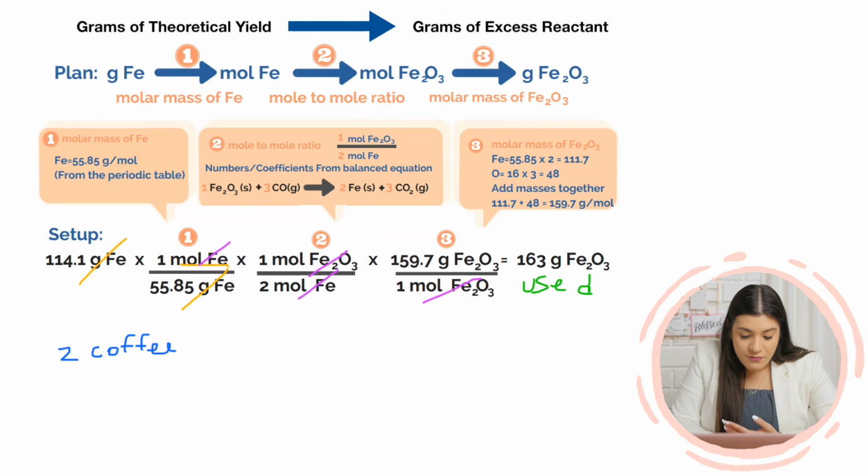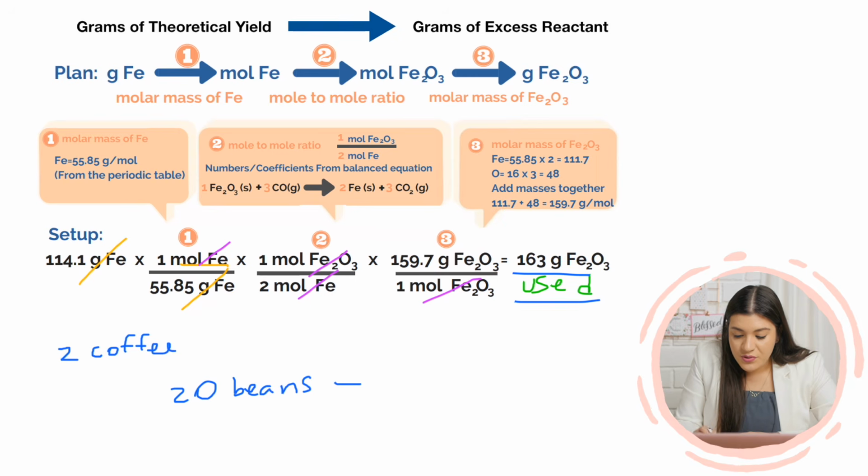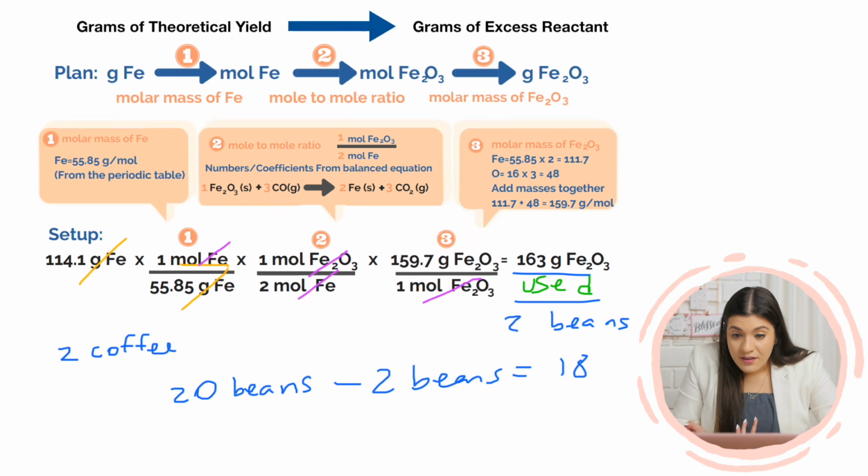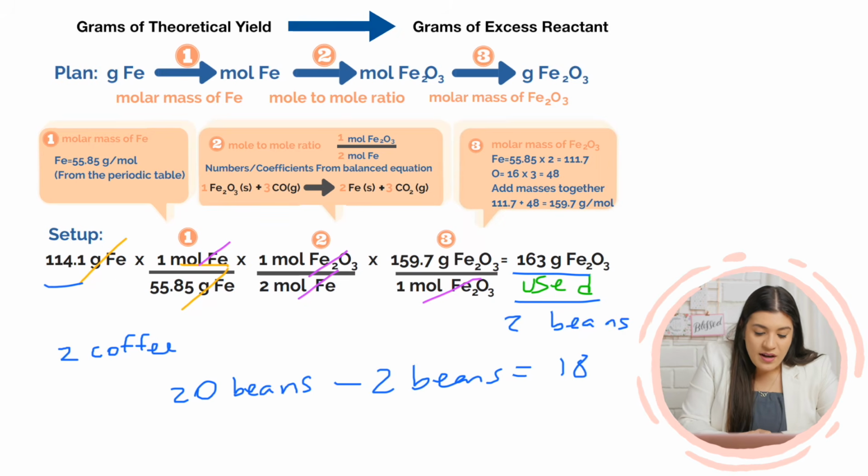So if we started off with 20 cups of coffee beans, then I would subtract that by the amount used, which was the 2 cups of coffee beans. So then I'm left over with 18, right? Yeah. So that's why I had to go through this whole concept of I'm going to start off with